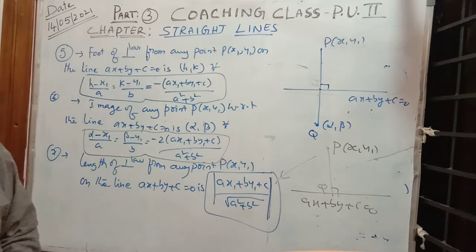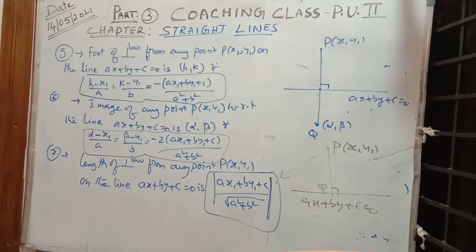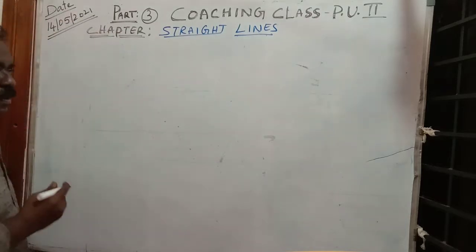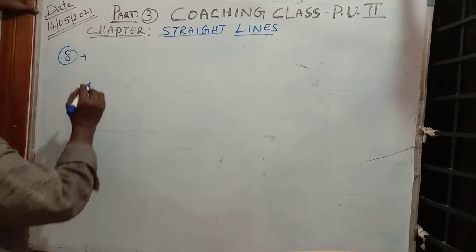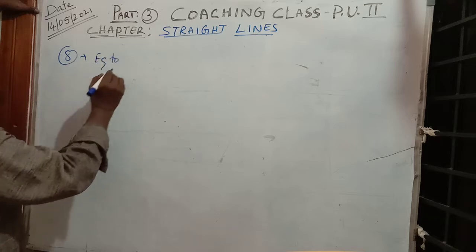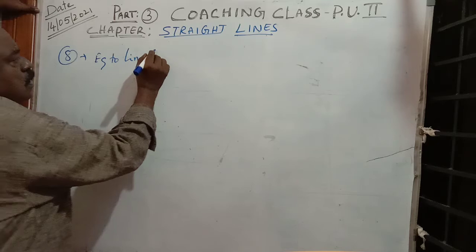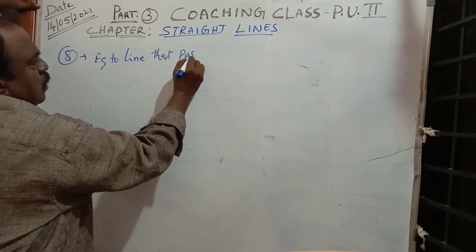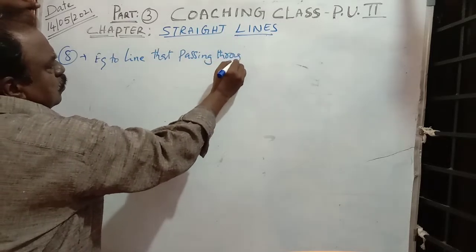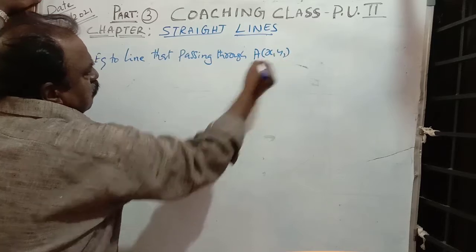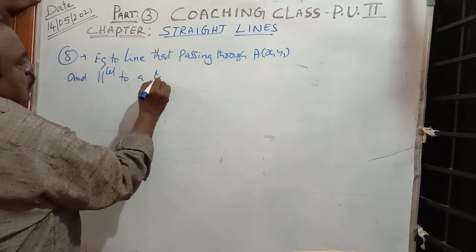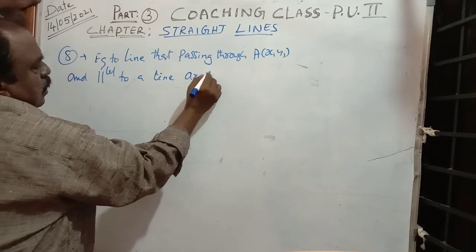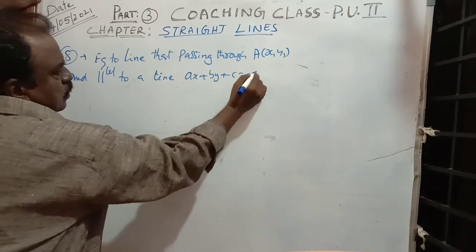Next, the eighth one. The equation of the line that is passing through (x1, y1) and parallel to the line ax + by + c = 0 is